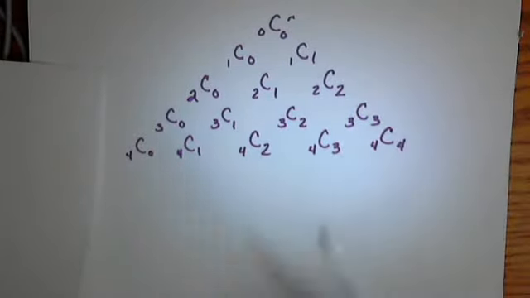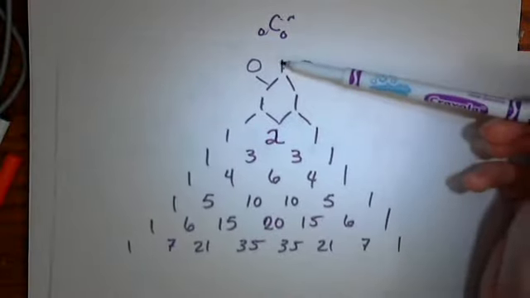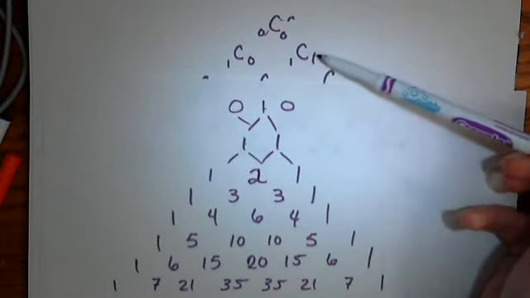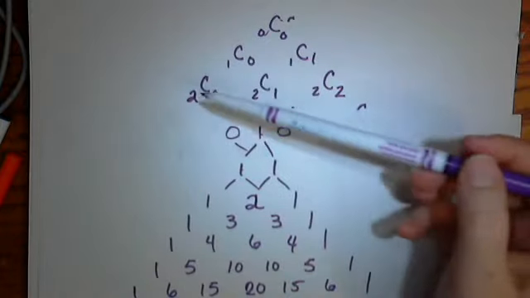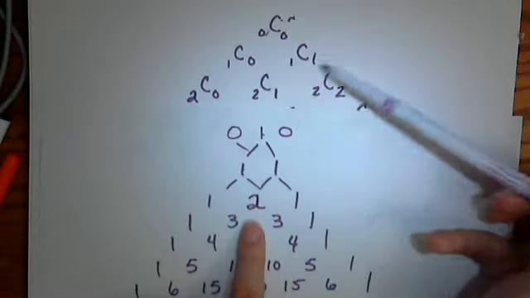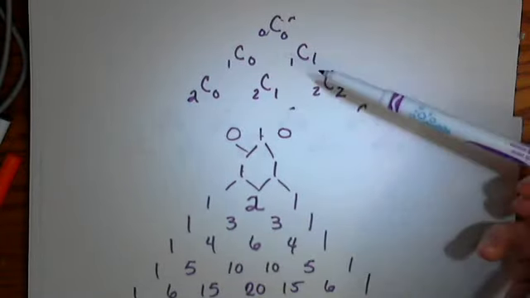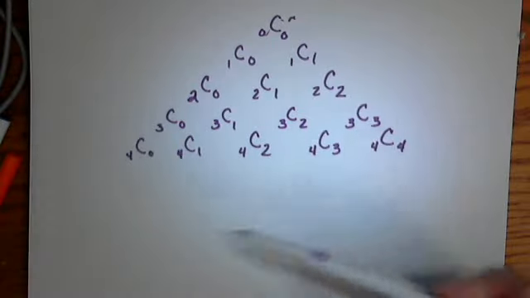So when we do this, 0 choose 0 is going to be 1, just like this. 1 choose 0 is going to be 1, and 1 choose 1 is going to be this one. And 2 choose 0 is 1, 2 choose 1 is 2, and 2 choose 2 is 1. And you can keep following that example all the way down, should you desire to do so. It's more than just an interesting pattern. Both of these